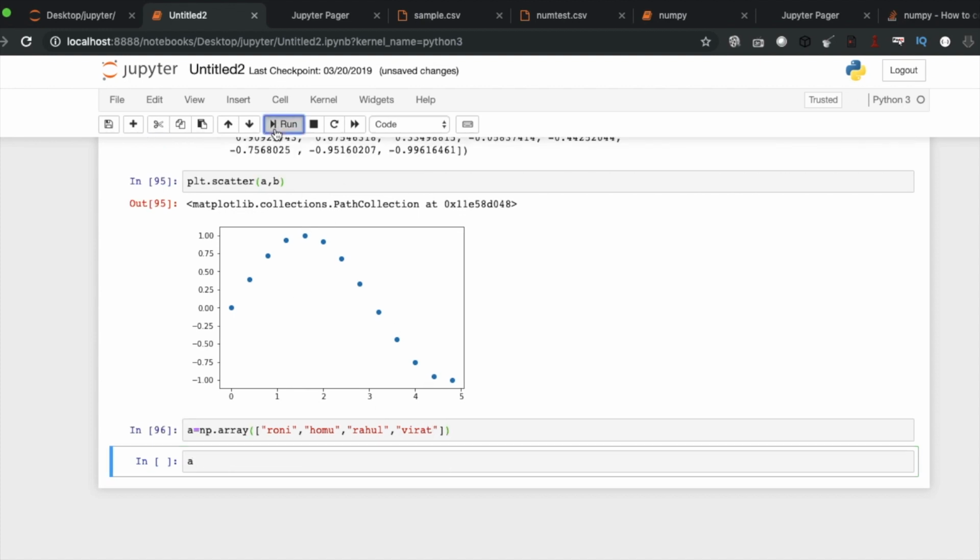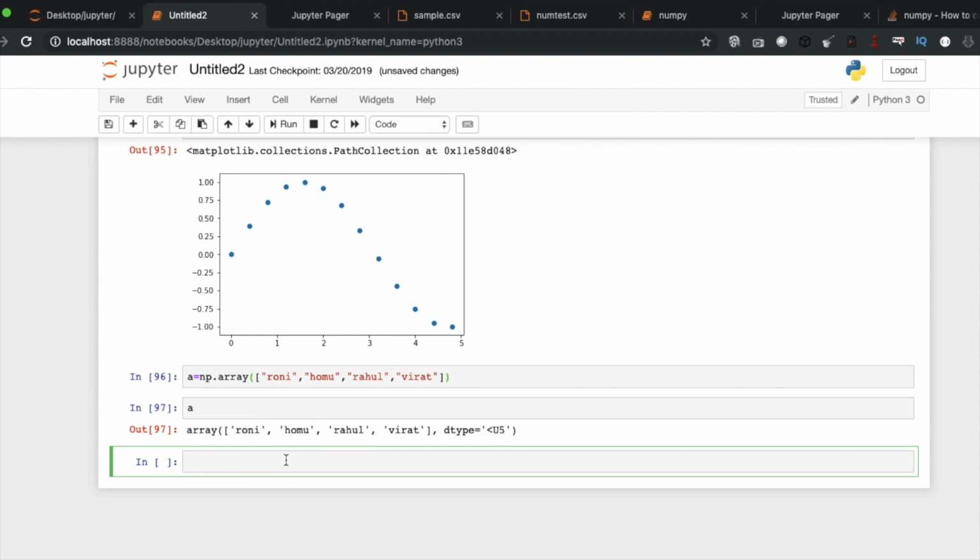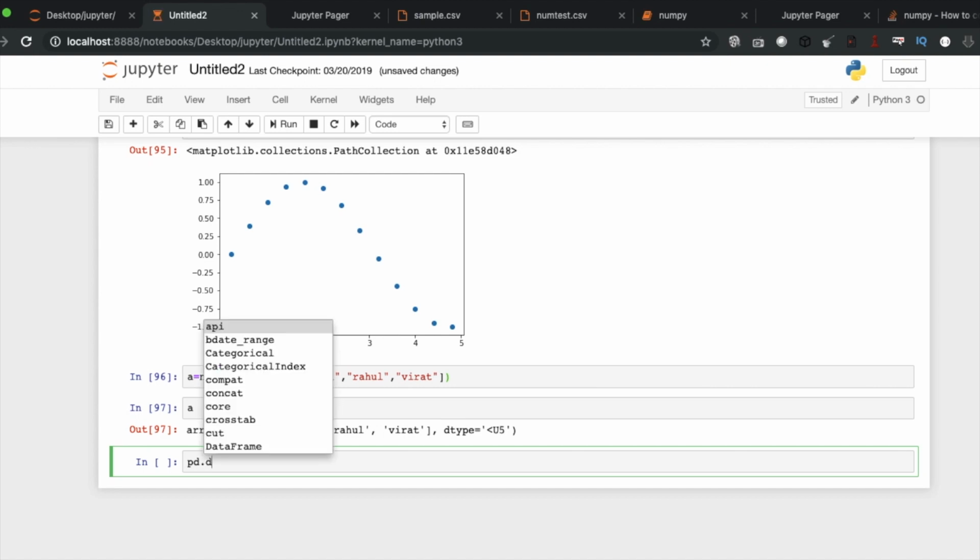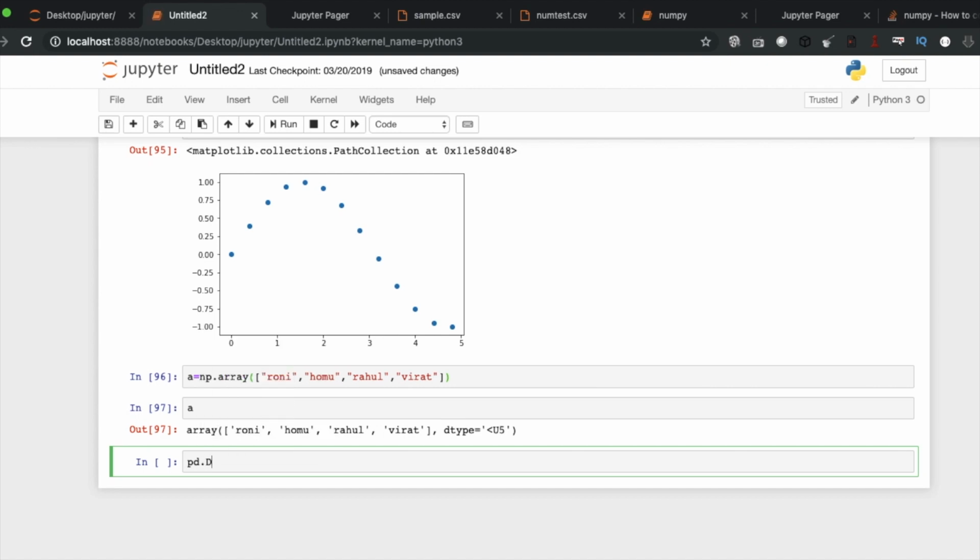Okay, so this is one NumPy array, and if you're going to create a data frame, it will be pd.DataFrame, then you have to give it like this, and then columns, let's say a, b, c, d.